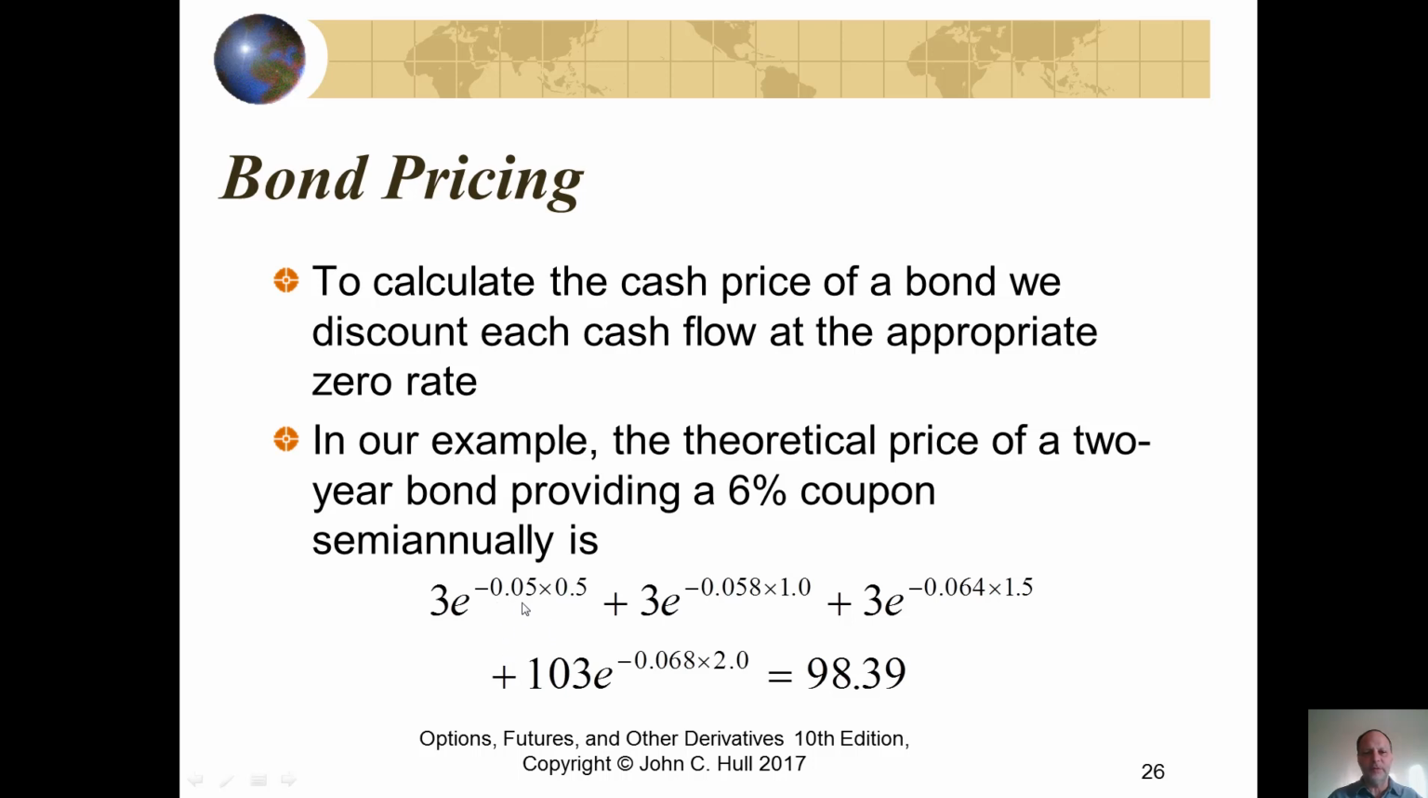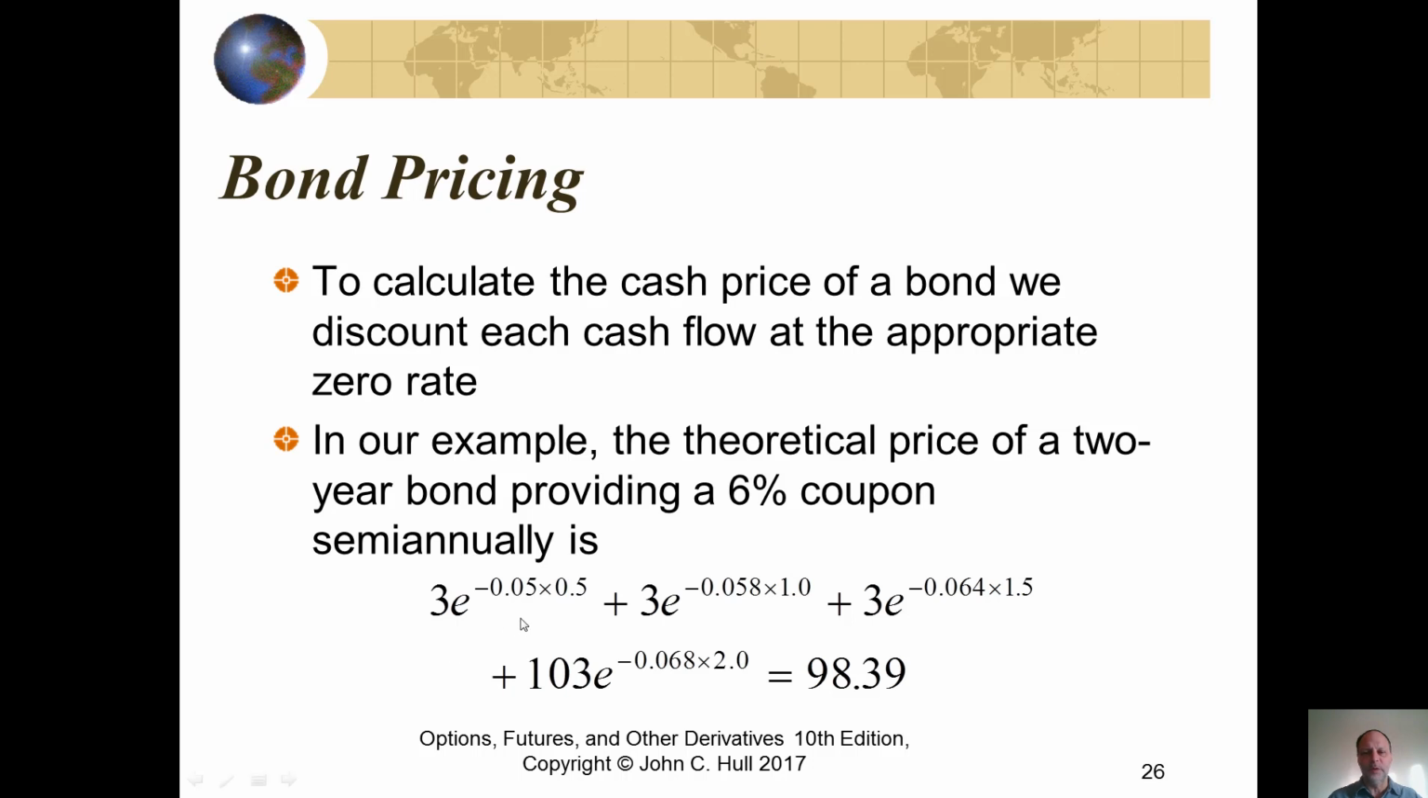We showed earlier that the zero rate was 5% for 6 months, so we discount the first coupon by e to the minus 0.05 times 0.5. The second zero rate for expiration in 1 year is 5.8%, so we take 3 times e to the minus 0.058 times 1, since that's in a year. Then 3 e to the minus 0.064 times 1.5 for the zero rate in 1.5 years. And the final zero rate of 6.8%, so we take 103 e to the minus 0.068 times 2 for a payment in 2 years. Running this through Excel or your financial calculator, you get